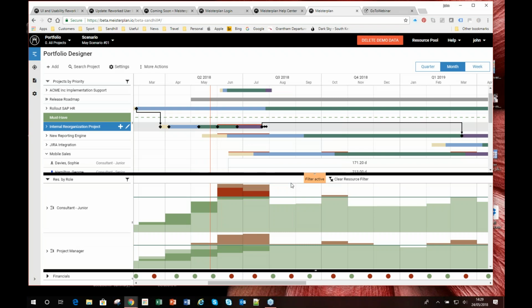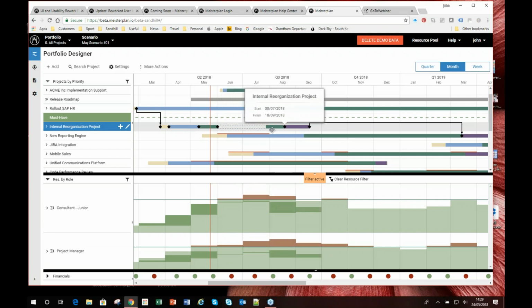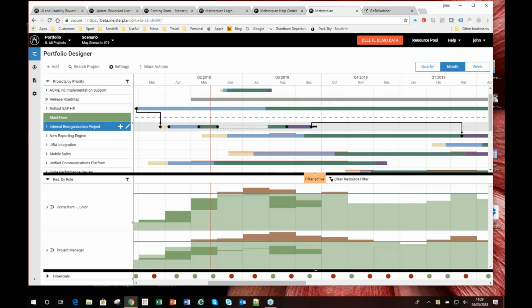Well, just as an example, one thing I could do in here is ask what would happen if I delayed the project? It looks as though I've got a little bit of capacity down here and here. Maybe I could delay the project for a bit, or at least have a break in here. So if I hover over a milestone, I can right click on it and split the project at that milestone. You see that it's now given me a split in there, and I can move that second half of the project. So if I, for example, was to delay until August and have a couple of months break on here,